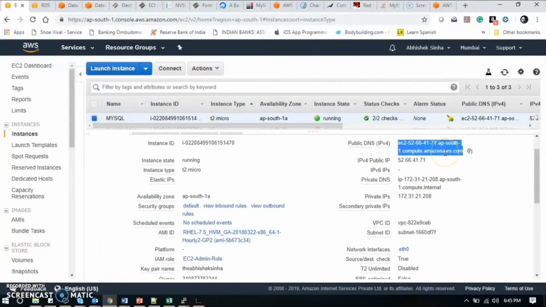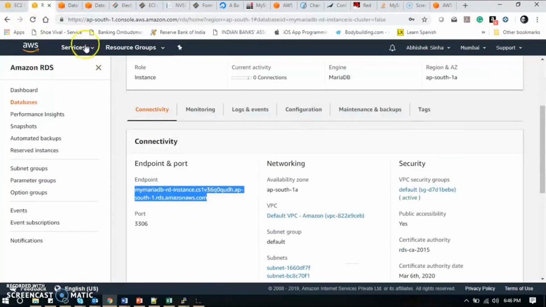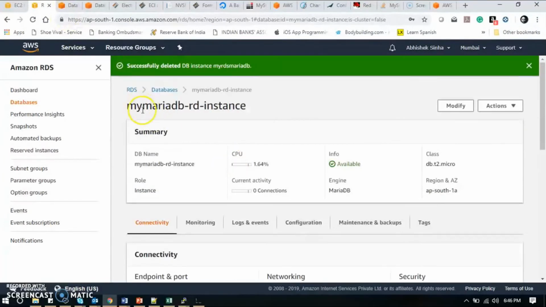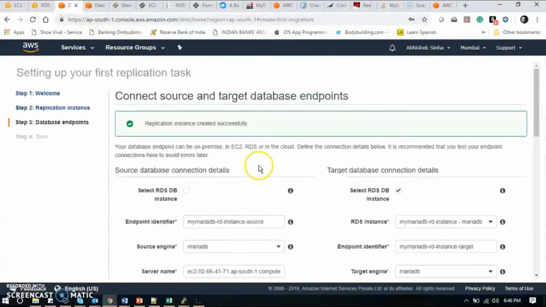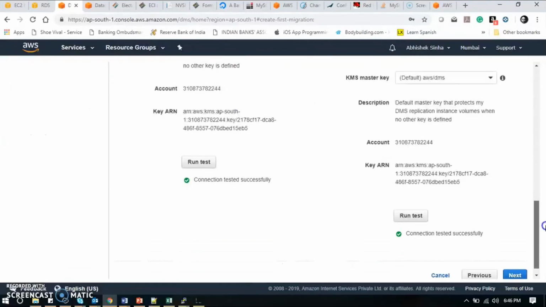I have taken the endpoint of this database and added it, and I have also created one MariaDB instance on my RDS. Now I am going to test these endpoints, which will make sure that the replication instance is in sync with both the source and the target. In the meantime you can see the test has been successful.